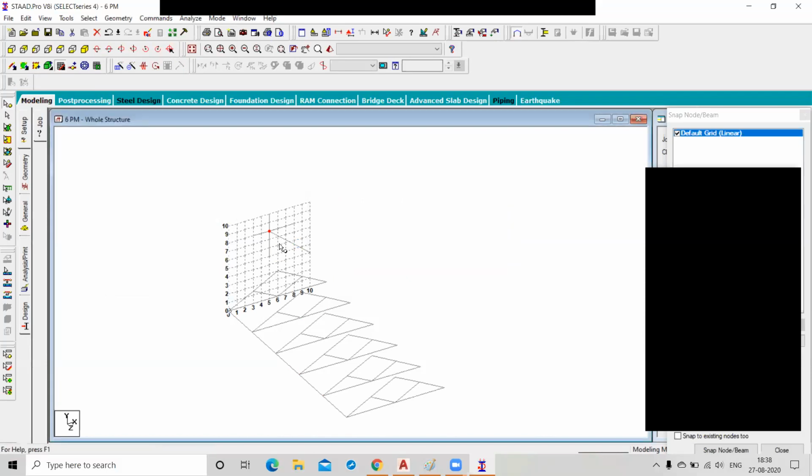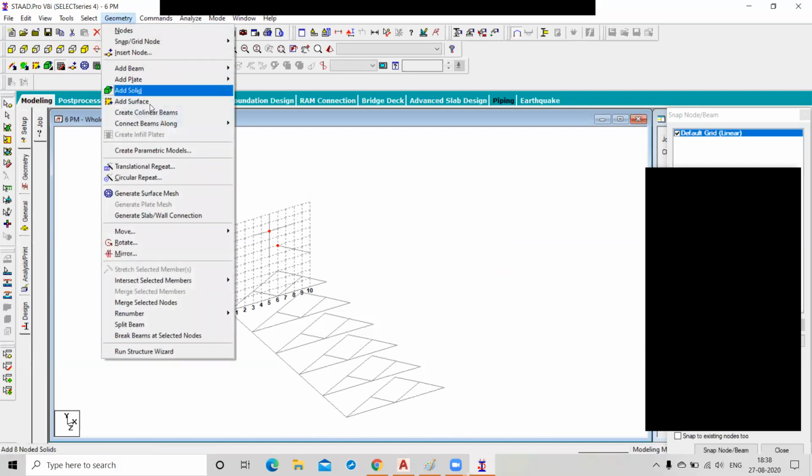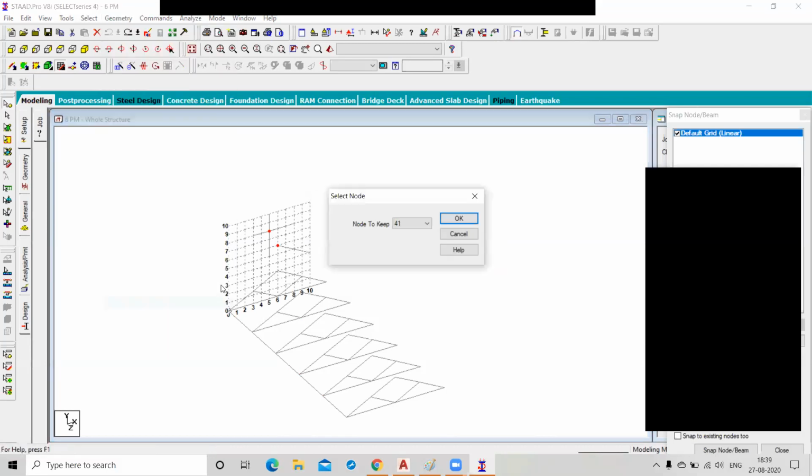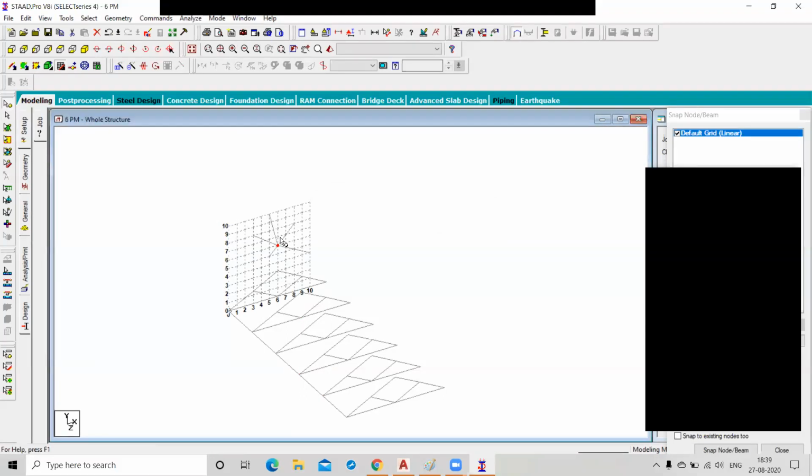Okay, no problem. Select here, go to the merge node, and now click on 41. So see, this node comes to this point. Whichever node you keep, the position of that node does not change.